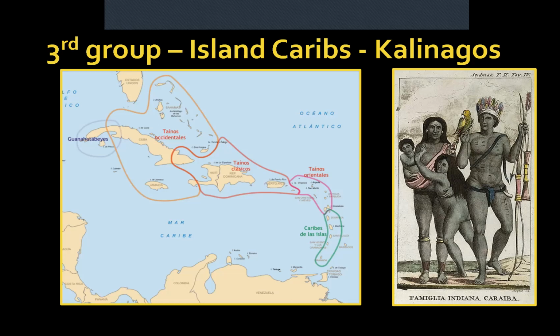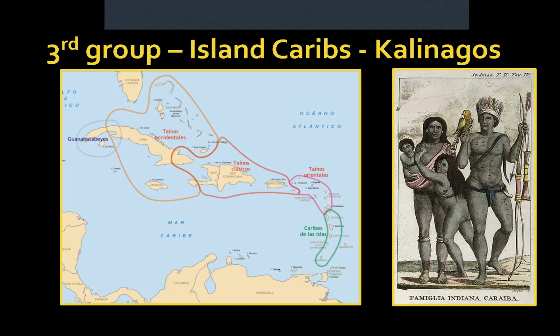As I mentioned, most of the Tainos disappeared very quickly after the Spanish came. They were enslaved. They were put into the mines. There was warfare. There was disease. All of those things contributed to pretty much the decimation of the Taino peoples. The Caribs did suffer the same thing, but they still exist. There are communities across the Caribbean islands, the Lesser Antilles, even Trinidad and Tobago, where you have fishing communities that are descendants of the Kalinagos.